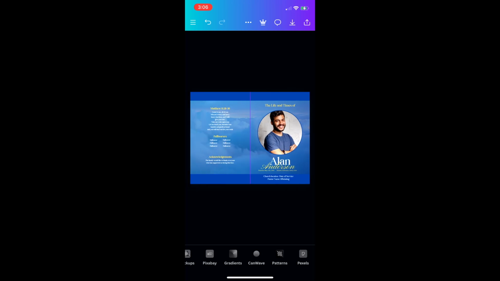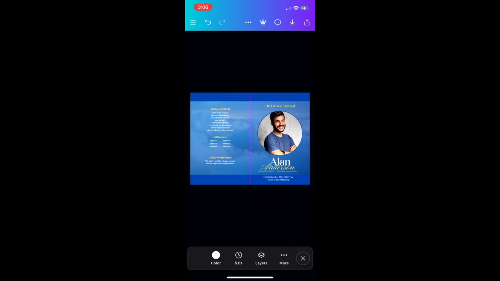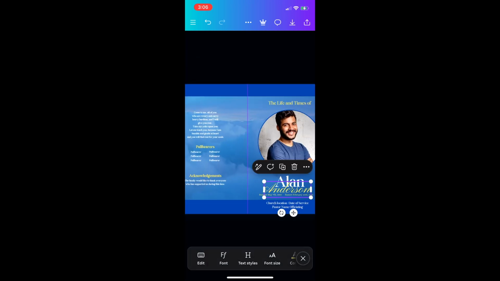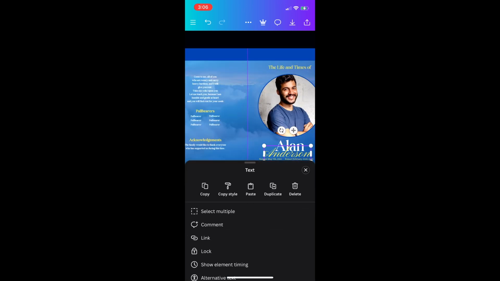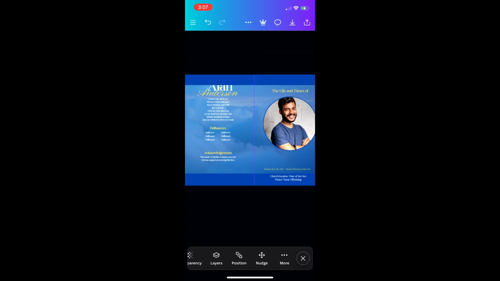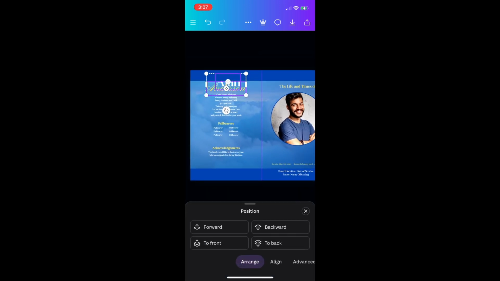Now that we're on page 2, we can go ahead and start to arrange things the way we need them to be on the inside. We're gonna take his name. Again, we want to grab multiple items, so we're going to hit select multiple, tap on that, and get out of this, move these over. Okay, now we want to do position, send forward,